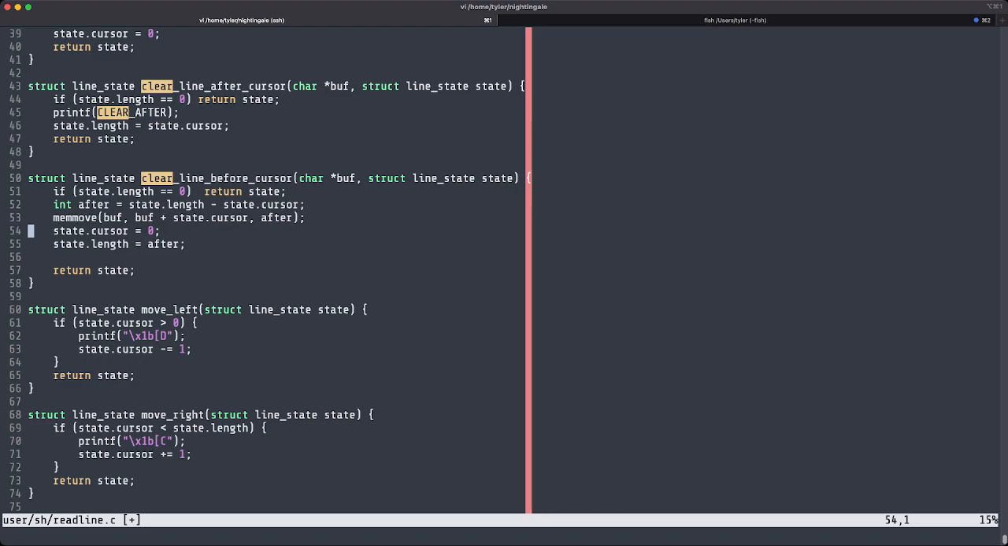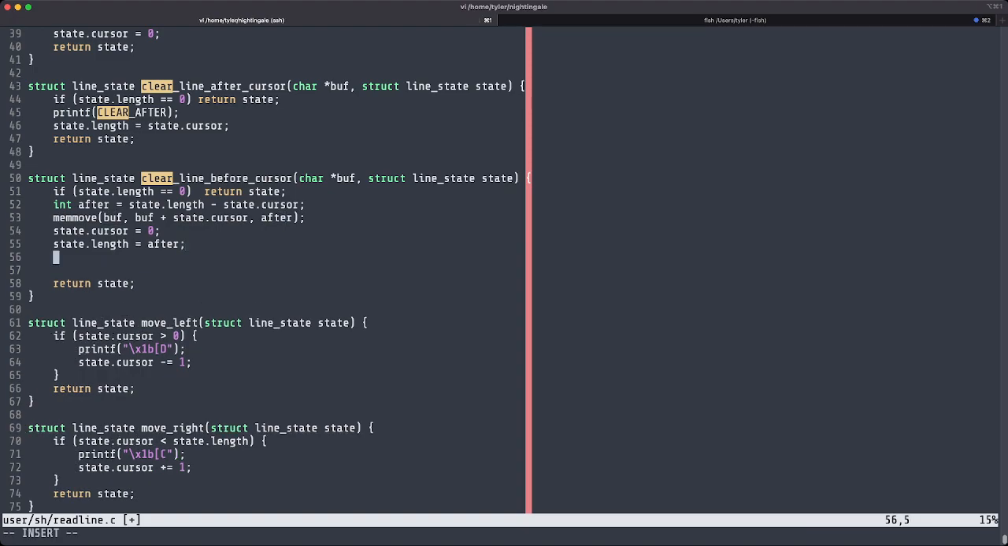Because if you kill everything before the cursor, it moves back to the beginning. The length is everything that used to be after the cursor. And we want to move everything that used to be after the cursor, which is buff plus where the cursor was, for however many things were after the cursor, to the beginning of the buffer. And then for now,